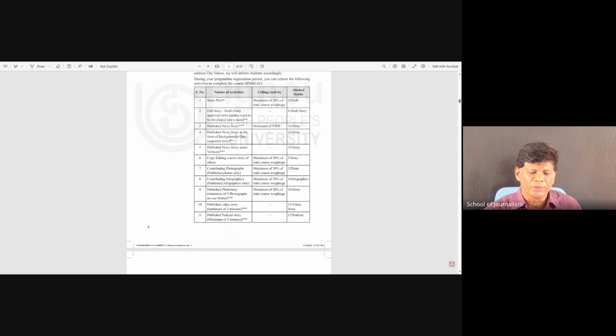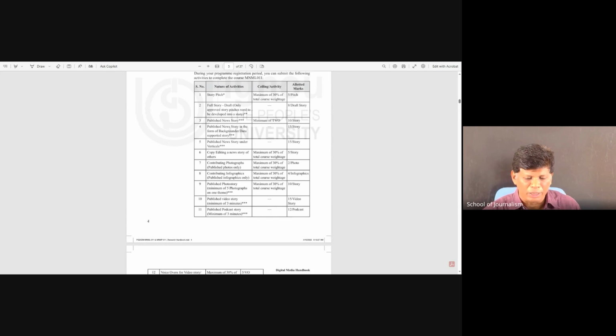But you can do any kind of story. For example, your story is approved, you drafted the story, and for whatever reasons it's not published, because the data is not sufficient. The editorial team is saying the draft is okay, we approved the idea, but you haven't collected the right data. We are accepting the draft, but we are not going ahead with the publication. Still, the draft doesn't go to waste. You still get 8 marks. You have worked, so you get marks. If published, you get 10 marks. Not published, 8 marks. Only approved story idea, 5 marks. So whatever you do, you'll get some marks.